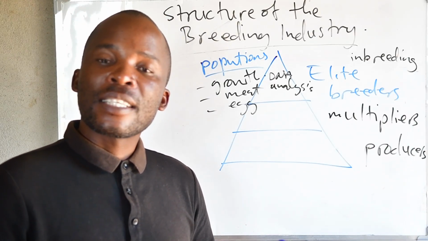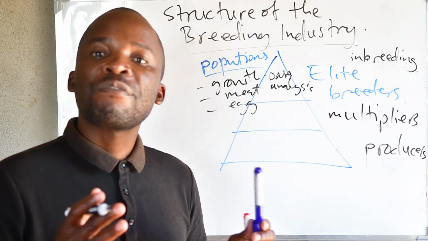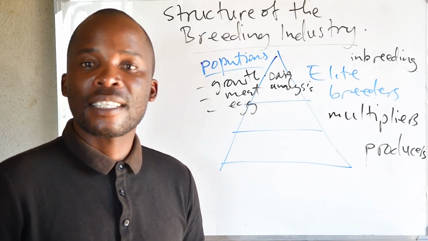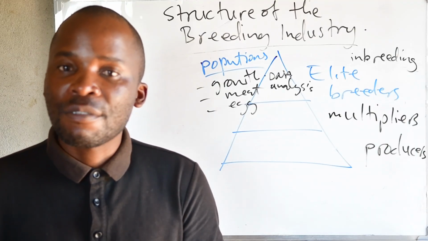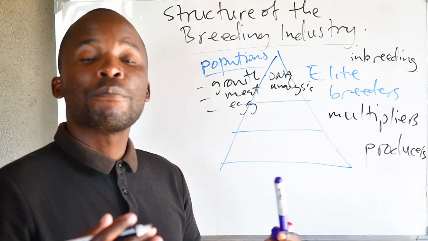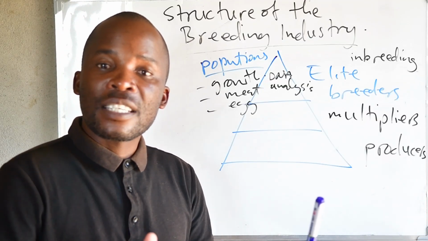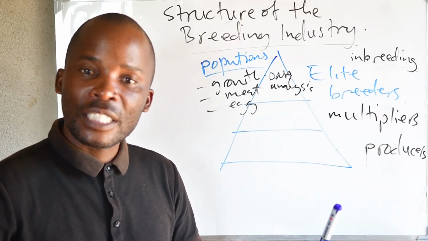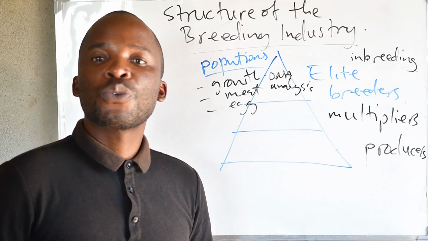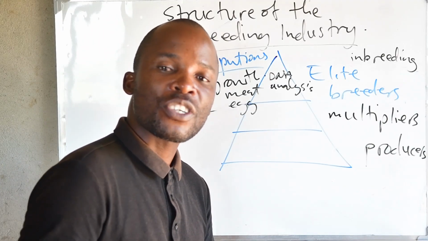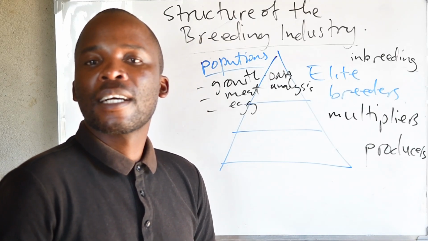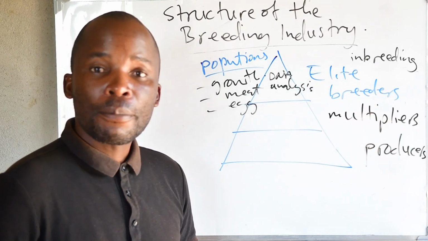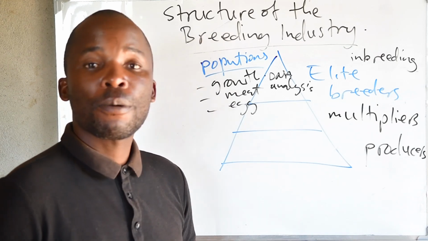But why do they do this? They are doing this so that they can fix favorable alleles or favorable characteristics. They want these characteristics for growth, as the example that I gave there, for meat quality and eggs, to be fixed. They are aware that the parents or even the grandparents were having those alleles or genes. And even in the grandchildren, they are aware that those genes have also been transmitted, so they would want to bring those characteristics together or those alleles together. But as I said, that's what we call inbreeding, and it results in pure breeds.